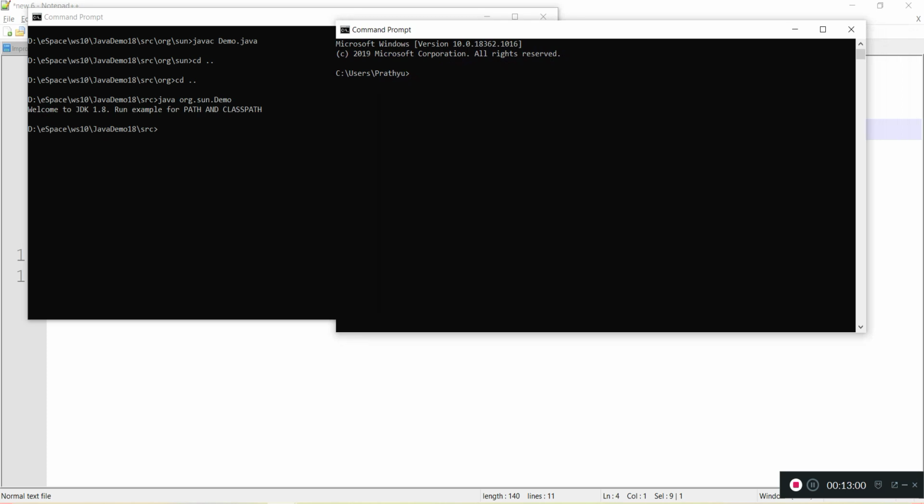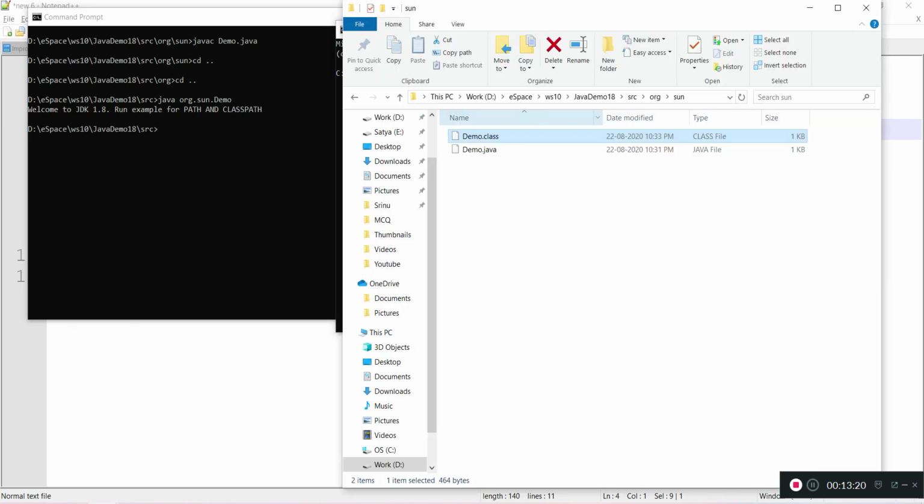Okay. Now to run the file, we have to give the java command, and to set the classpath, we can use -cp. cp is the shortcut for classpath. Either we can use -classpath as well. And here we need to give the folder path. So my folder path is until here.